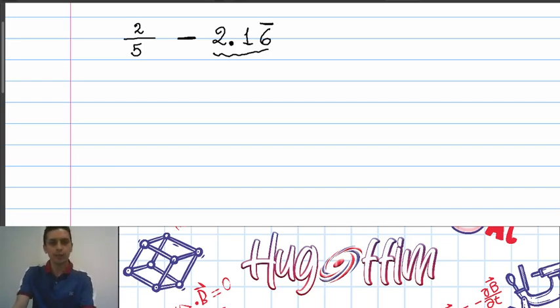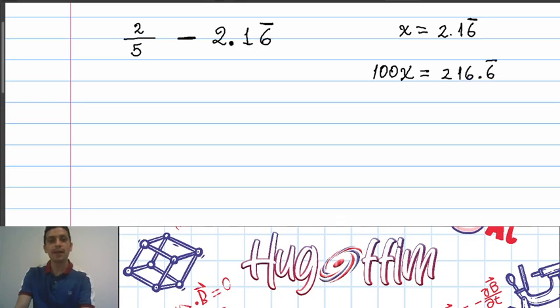So how to do it? In other videos we saw how to convert a rational number, a repeated decimal, into a fraction to prove that it's a rational number. Remember that rationals are defined as the ratio of two integers. So I'm going to convert it very quickly. First, I'm going to multiply the number by 100. So I'm going to take x as 2.16 with the 6 periodic, and I'm going to multiply it by 100 to have